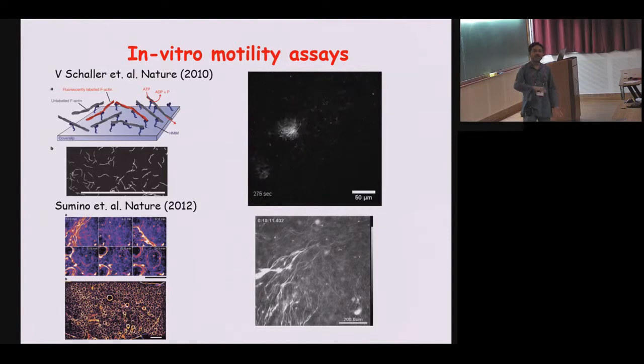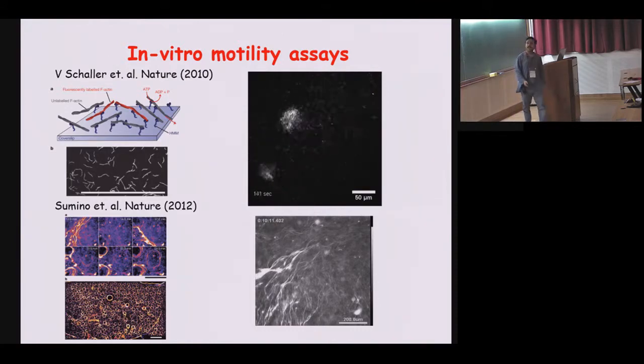However, in this case, what is done is basically inverted, and the head is now irreversibly attached to the glass slide, and the legs are dangling around. So you have these filaments moving on these motor proteins, and at sufficiently high densities you see some fascinating structures. In fact, you see self-organization of these filaments, and they move as swirls. These are two different sets of filaments. This is actin filament, this is microtubules, and depending upon which filament and the corresponding motor proteins you have, you can see these swirls, or you can in fact see, for the case of